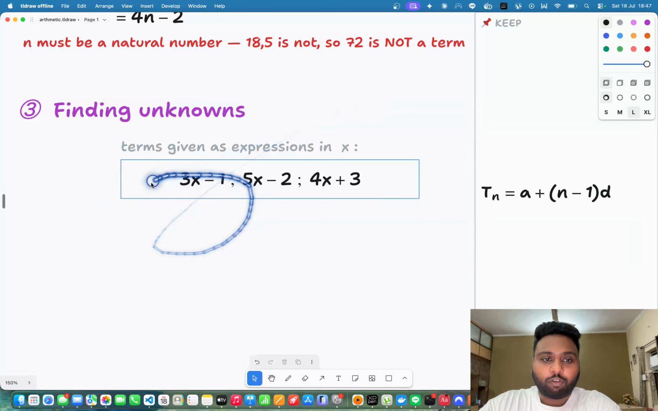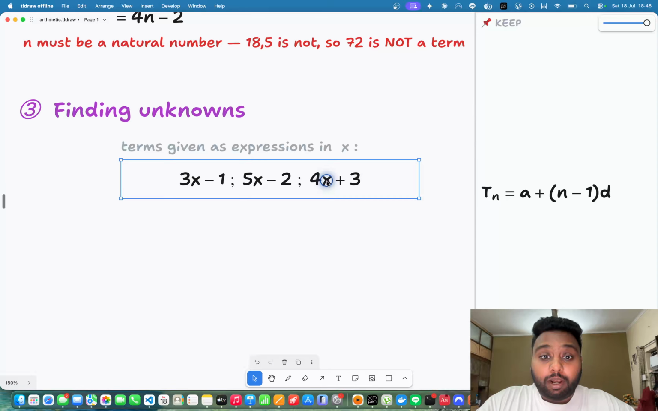So this is what is being given to us. This is an arithmetic sequence. They will tell us if it's an arithmetic sequence or a geometric sequence or something else. But this is an arithmetic sequence described in terms of x. So we have one variable in this sequence, and the way I want you guys to think about it is,